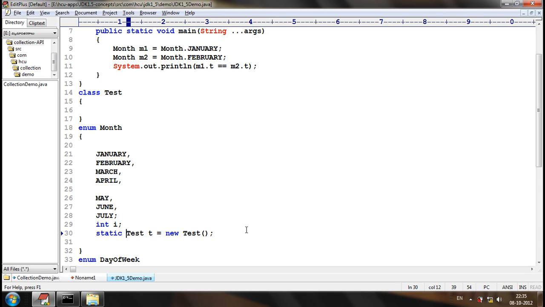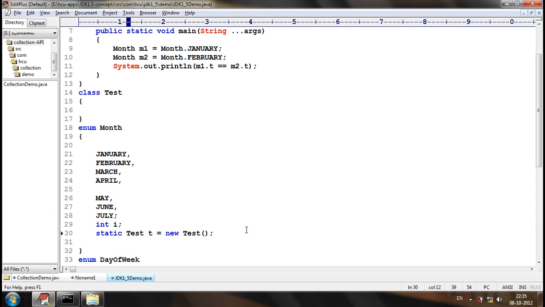That means you forgot all the basics. Not even a single person remembered the basics. I told you many times that static members will be shared across the objects. Static members of a class will be shared by all the objects of the class. Static members of an enum will be shared by all the members of the enum. If we refer m1.t or m2.t or m3.t, it will refer to the same object.